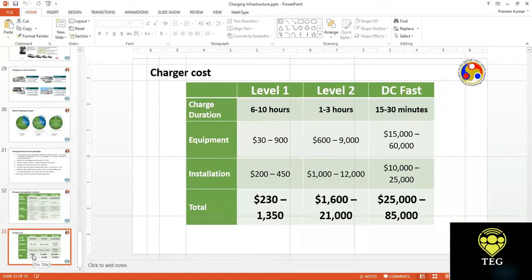Of course, DC fast chargers are the most expensive ones. So they should be put in locations where the charging traffic volumes are higher. That means along the highways, where people would make a stop for 15 minutes to half an hour, charge the vehicle, and then carry on with their journey. If the traffic volumes are not very high, then DC fast chargers will not make any economic sense because they are pretty expensive. So even the cost factors have to be included when we talk about chargers.